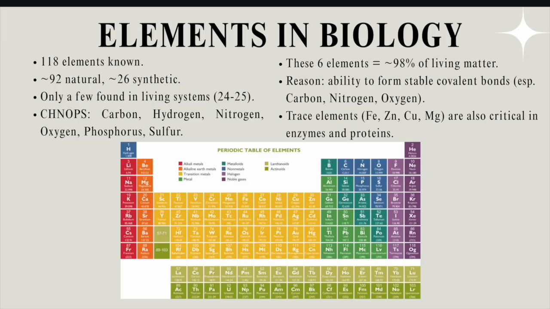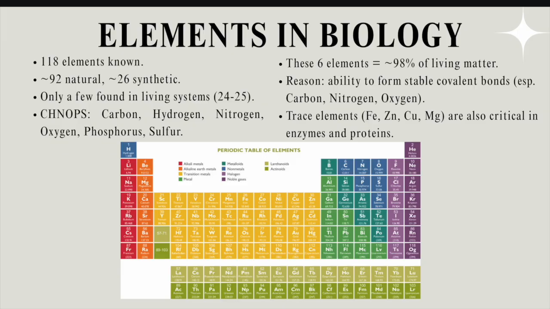These 6 elements, CHNOPS, form 98% of the living matter. Why? Because they are able to form stable covalent bonds, especially carbon, nitrogen and oxygen. You will understand more about their bonds in the coming videos I will post. So why is this important? Why do we need stable bonds? Because if we are going to survive, we need stable structure, stable organization,